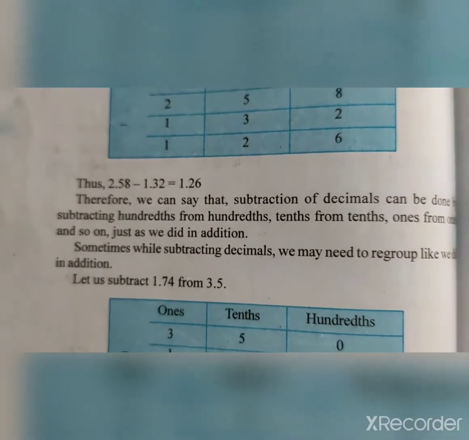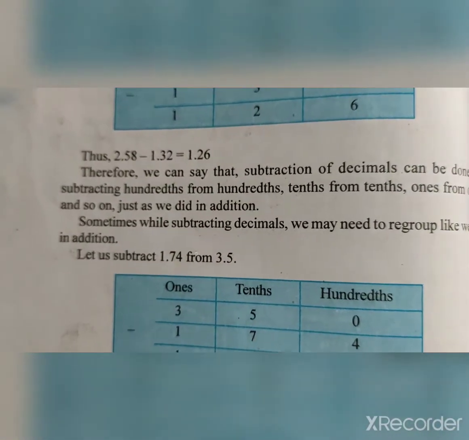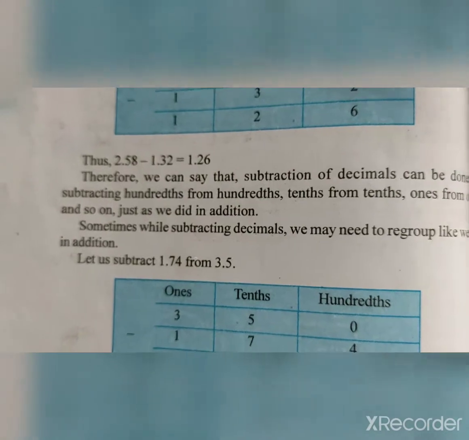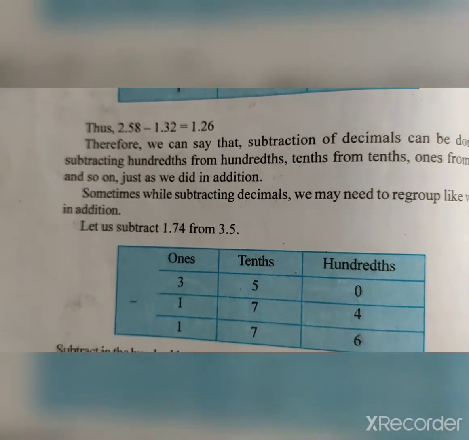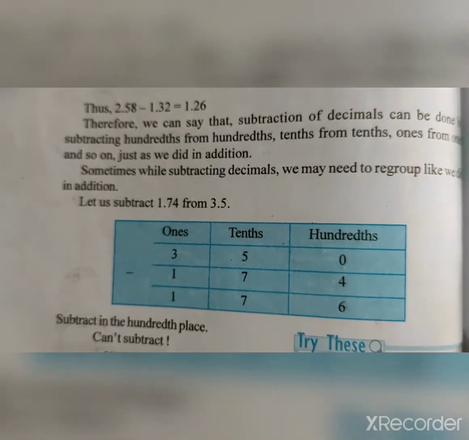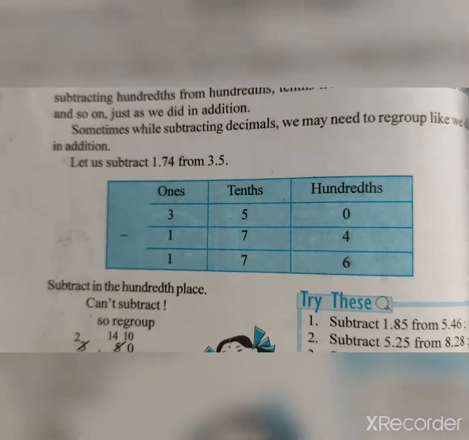Therefore, we can say the subtraction of decimals can be done by subtracting hundredths from hundredths, tenths from tenths, ones from ones, and so on, just as we did in addition. Sometimes while subtracting decimals, we may need to regroup like we did in addition. See here,